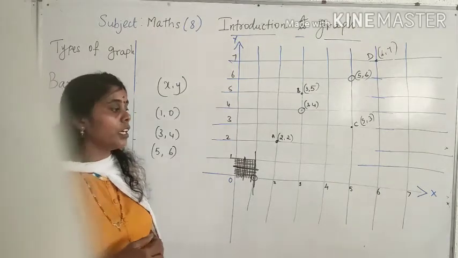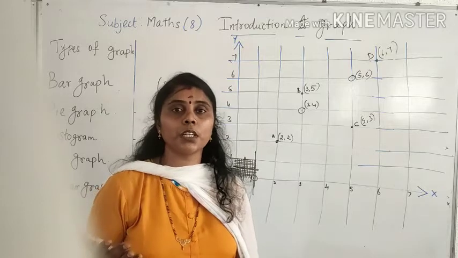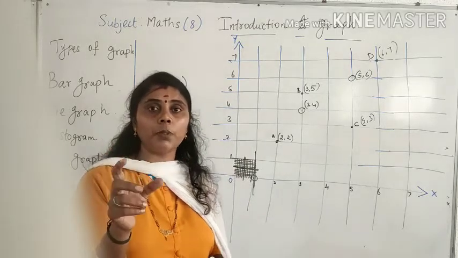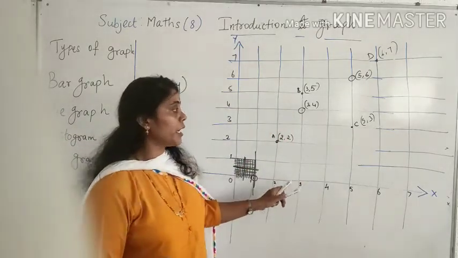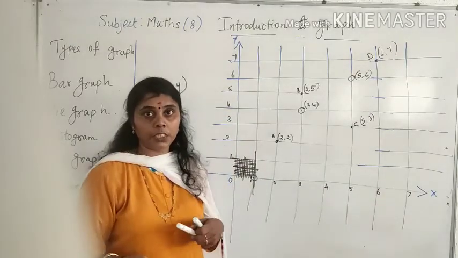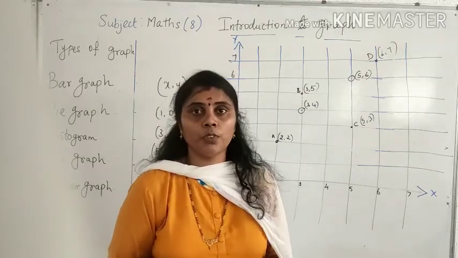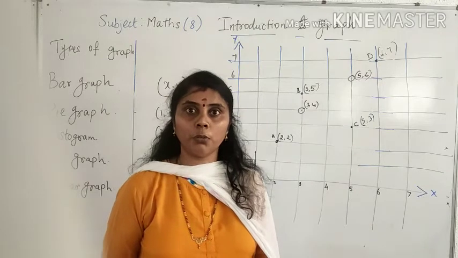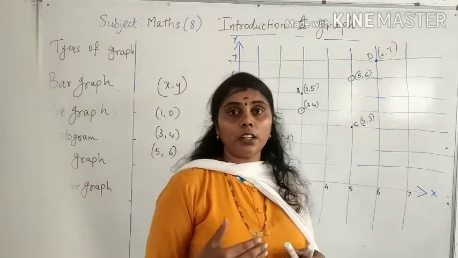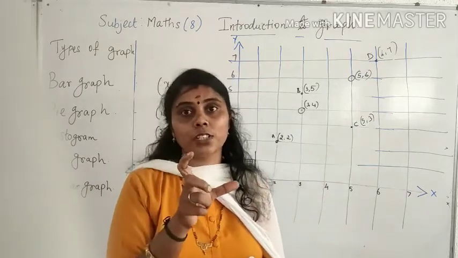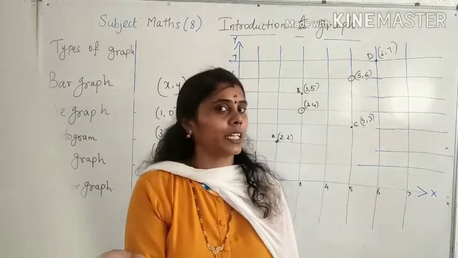One point I missed out here: where else are we using the application of this graph? In many places. Each variable controls the other variable also. Here we have taken the x coordinate and y coordinate. Sometimes x will be controlled by y. How? If you compare the information, suppose if you eat more, you will get tired also. After eating we feel laziness, no? In a general way, if we use more electricity, our bill also automatically increases.